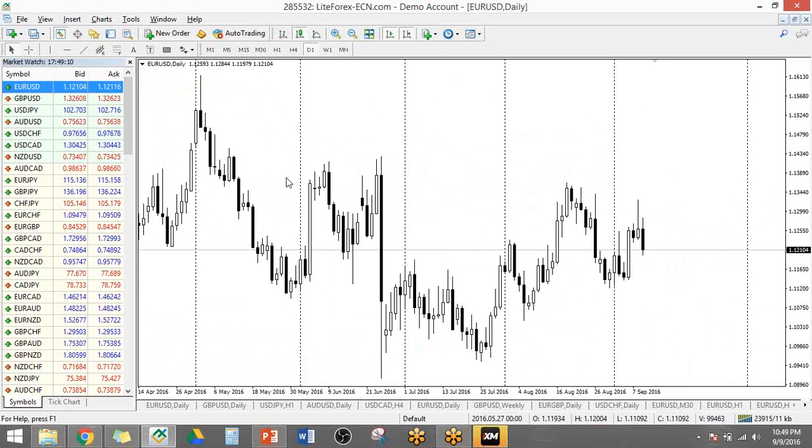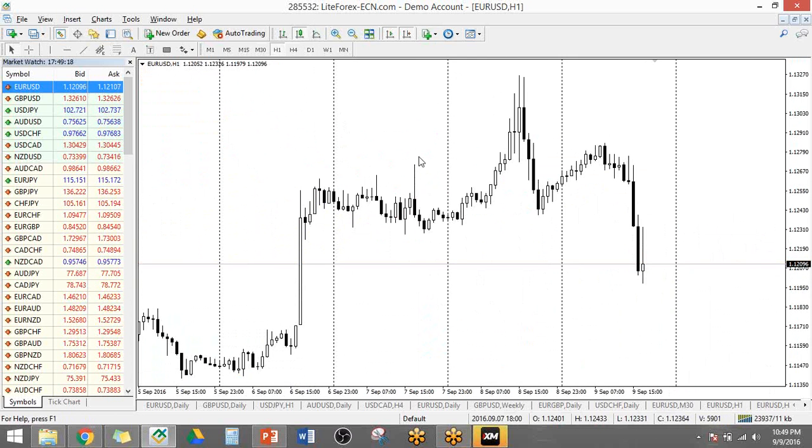Okay? So, for example, for Euro USD, the average daily range is 120 pips. So, because I know that the average is 120 pips, I have a good idea that if it reaches the range for the day, let's say it already moves 120 pips for the whole day, and then it's giving me some sort of signals that it's reversing, like it's giving me pin bars, candlesticks, confirmations that it's already reversing, then that's the time that it might actually be a good time to buy that trade. Okay, let's have some examples.